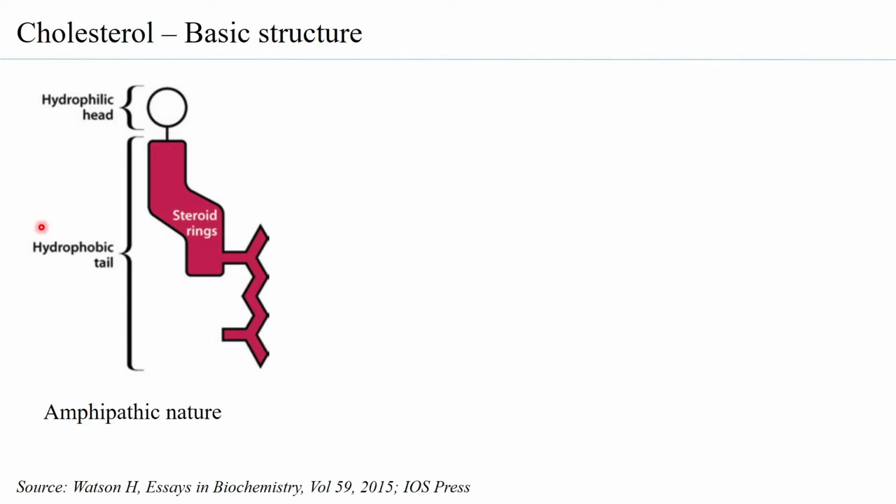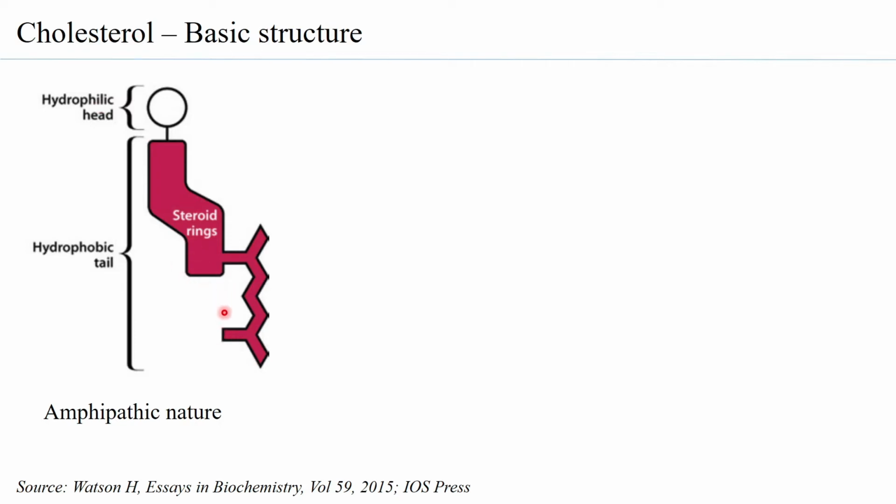So this part can interact with the aqueous environment, whereas this can be part of the bilipid layer, either facing the extracellular side or facing the inside of the cell, which are both aqueous environments per se. So you can have cholesterol present both in the outer leaflet of the membrane as well as in the inner